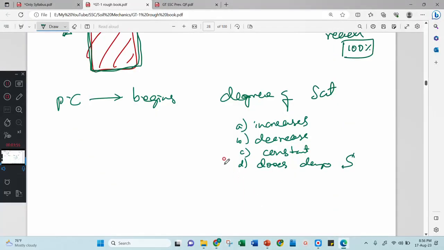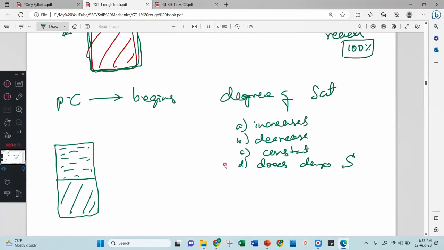Okay, I'll tell you. Both the volume of water and volume of voids are reducing. Volume of water itself is the volume of voids. Correct? I can consider it as a correct answer. Okay, let us consider this is your solids. Initially, this much water was there. Now this diagram is saturated. Then when I apply the load, then the diagram will be this much.